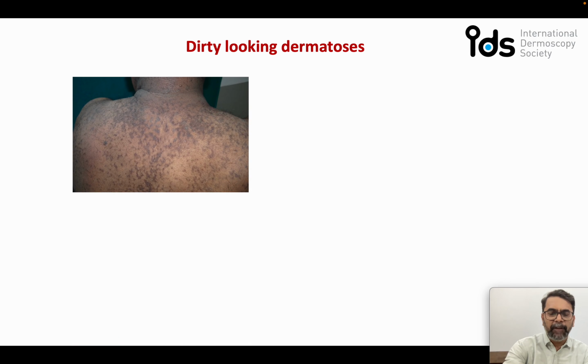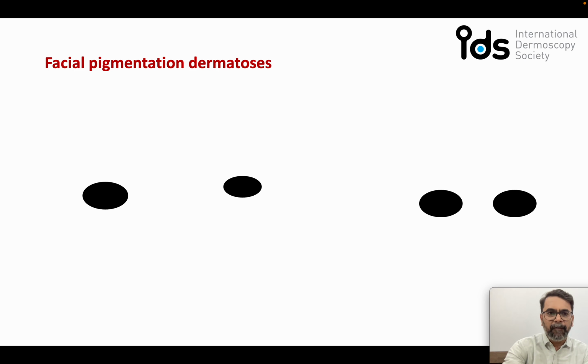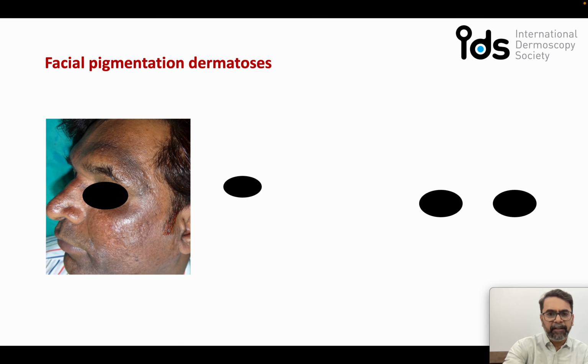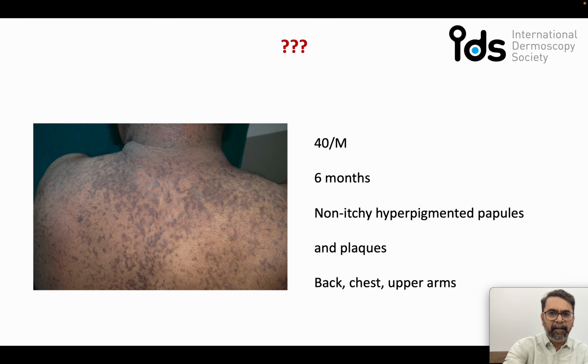These are a few examples of dirty-looking dermatoses, which present with hyperkeratotic and hyperpigmented papules and plaques, and a few more examples of facial pigmentation, which present with localized or diffuse pigmentation on the face. I'll be discussing all these cases and how dermoscopy helps us to differentiate these look-alike conditions in clinical practice. So, case number 1: this man presented with non-itchy hyperpigmented papules and plaques on the upper back, upper